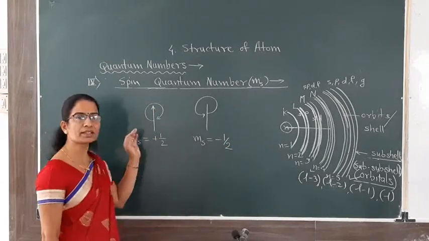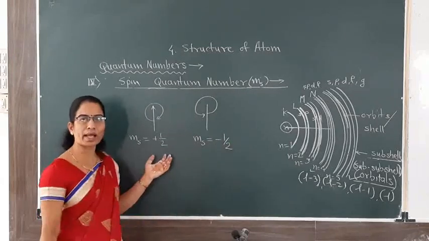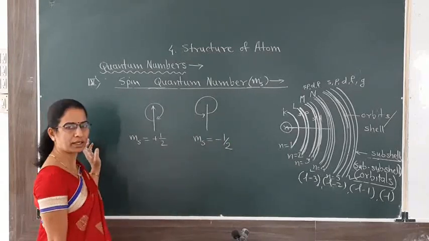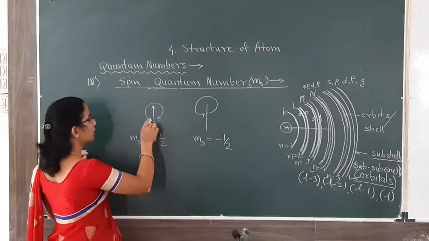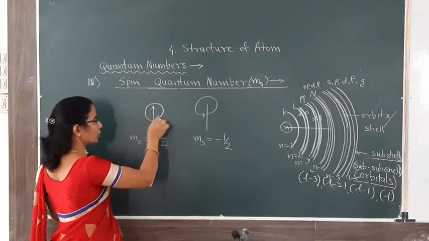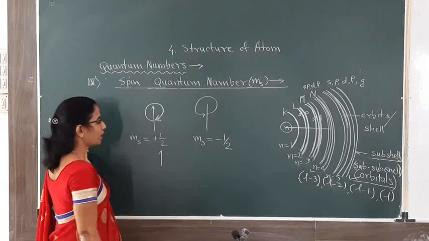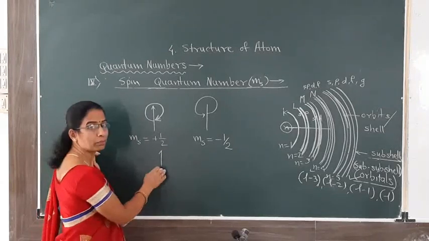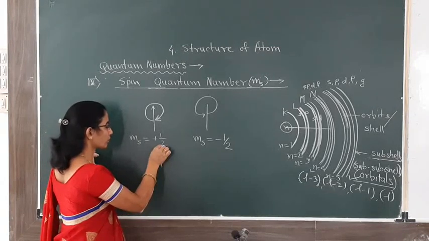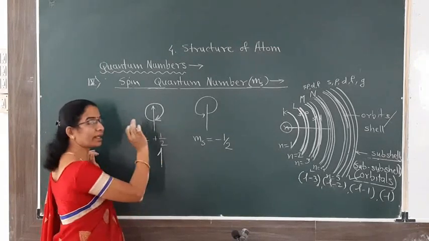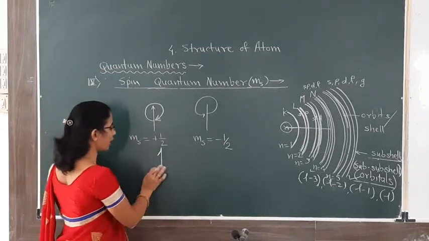These are the spin states of the electron, and with the help of these values you can represent those spin states. If ms is equal to +1/2, you are saying that the electron is revolving around the nucleus in a clockwise direction, and that spin state can also be represented with the help of such a half-headed arrow, whose head is pointing in an upward direction. That is, it is an up-headed arrow.